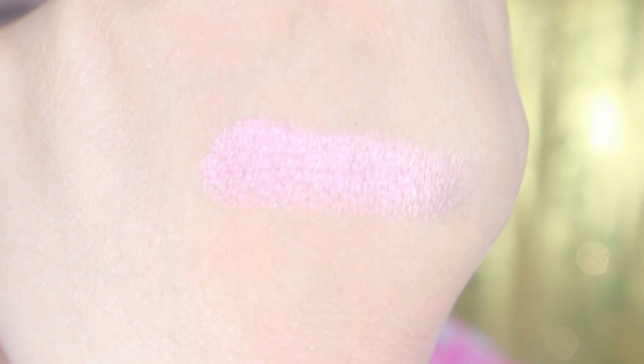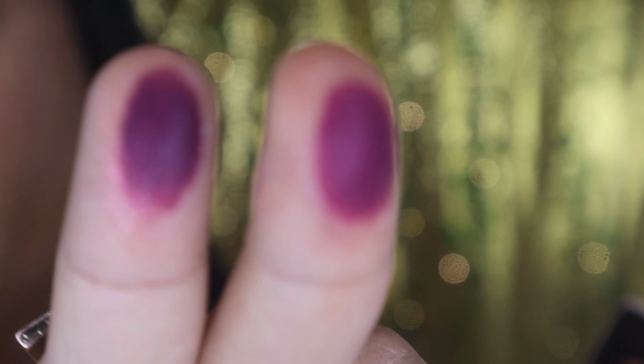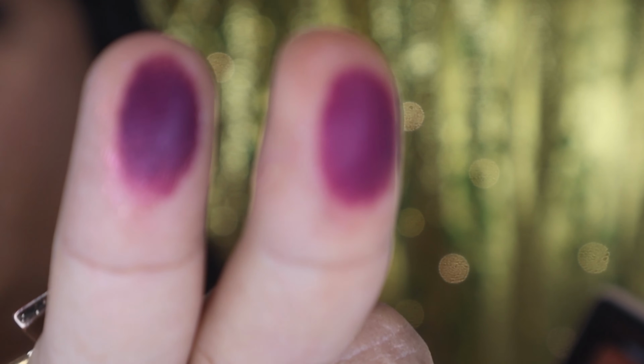That's what it looks like. Such a pretty color, you guys. Definitely stands out. You see, as I moved away, it shifted. Love that. You guys, her mattes are super intense too. Look at that. That's just one swipe. That's why I say that these palettes do the work for you, because of the intensity of the shadows. If you know how to work your brush and you know how to lightly go in, you'll get such a